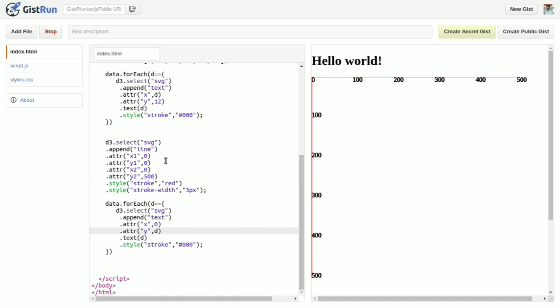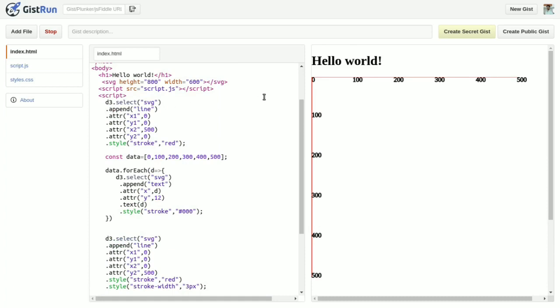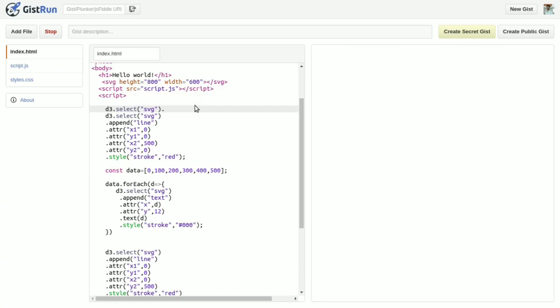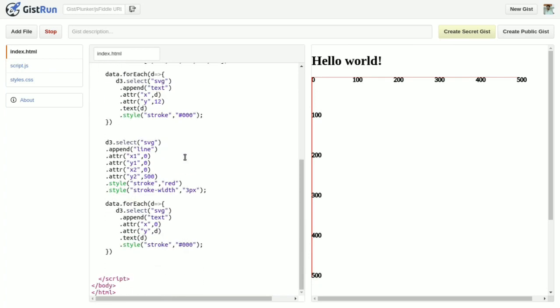Now we will do one thing: d3.select SVG, .html equal to blank. So you can see the output of the coordinates.